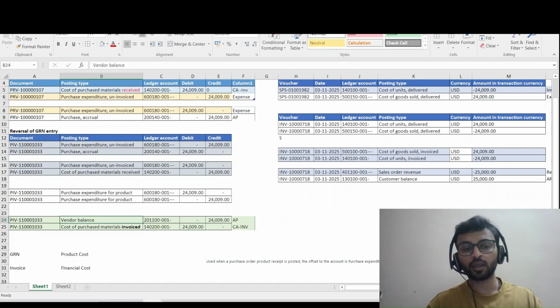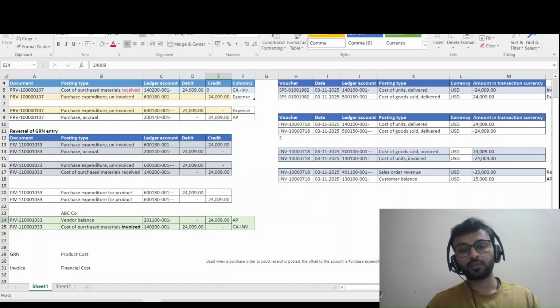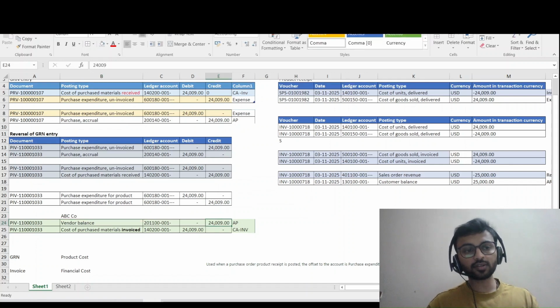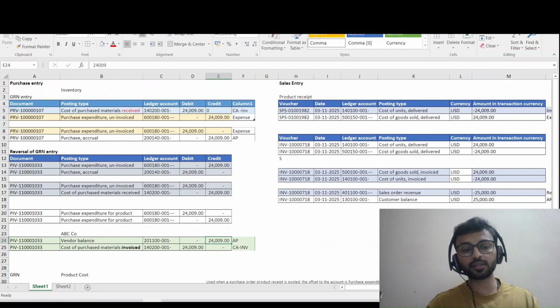So suppose I have taken these goods from ABC company. So when we have a liability for the same, for this the vendor got credited into the system. So this is the particular entry of the purchase, the purchase invoice, at the time of the invoice and